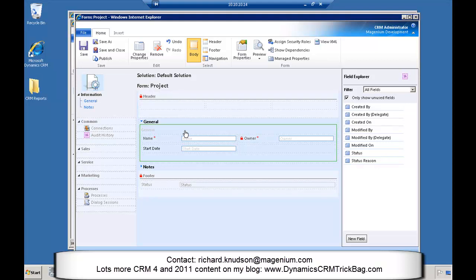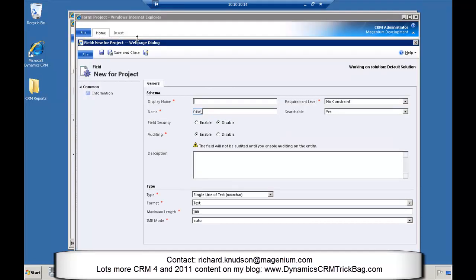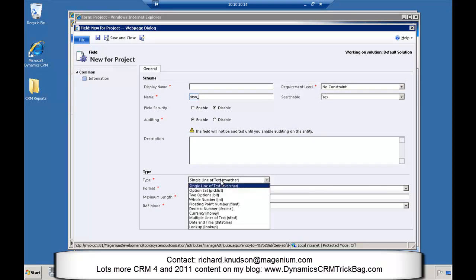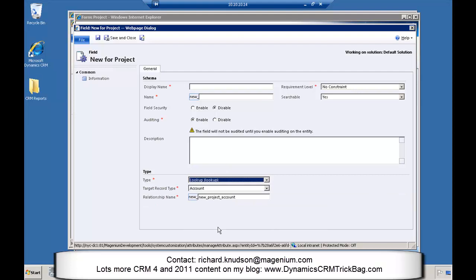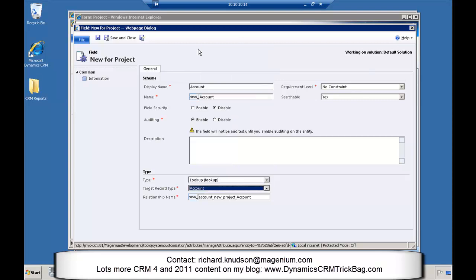So I want to create a many-to-one relationship from project to account. Now, I don't have to create the relationship explicitly in Dynamics CRM 2011, because what I can do is create a new field with a new field type, which is going to be a lookup field. The name of this thing is going to be account, because this is a lookup to the account entity, and the target record type, I'll make that account, give this a better name,